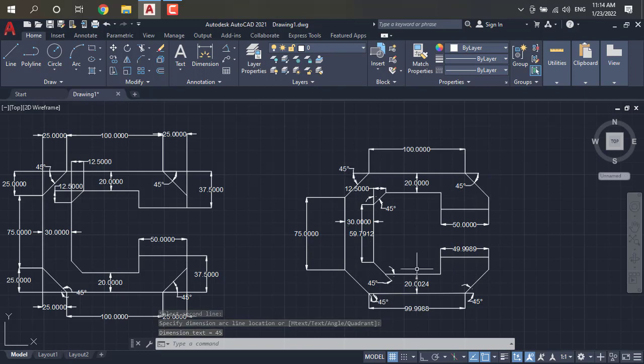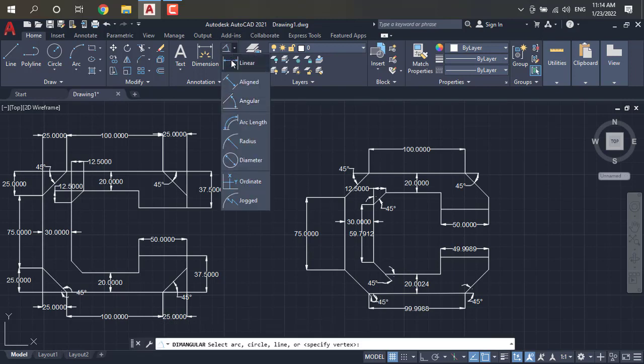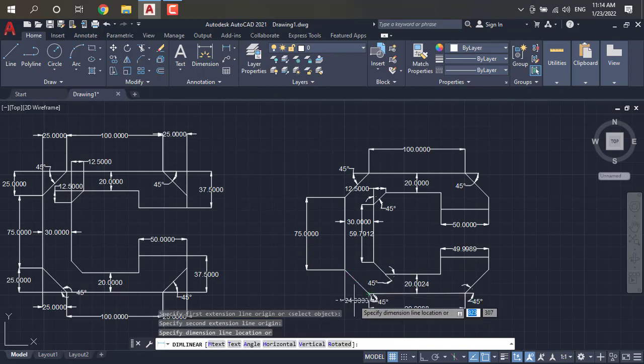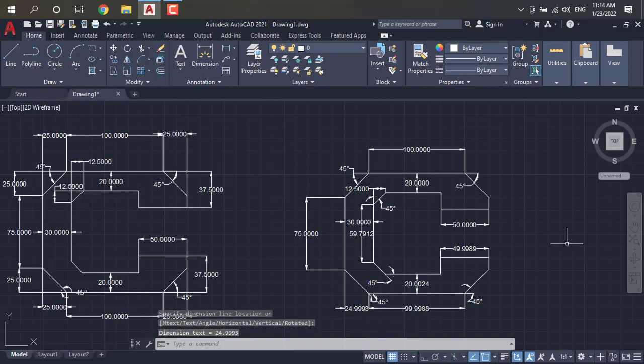Okay, all dimensions are given. Then here one dimension is missing. Again we have to take your linear dimensions, and here to here. Actually it will be 25. Slight variations are shown here.